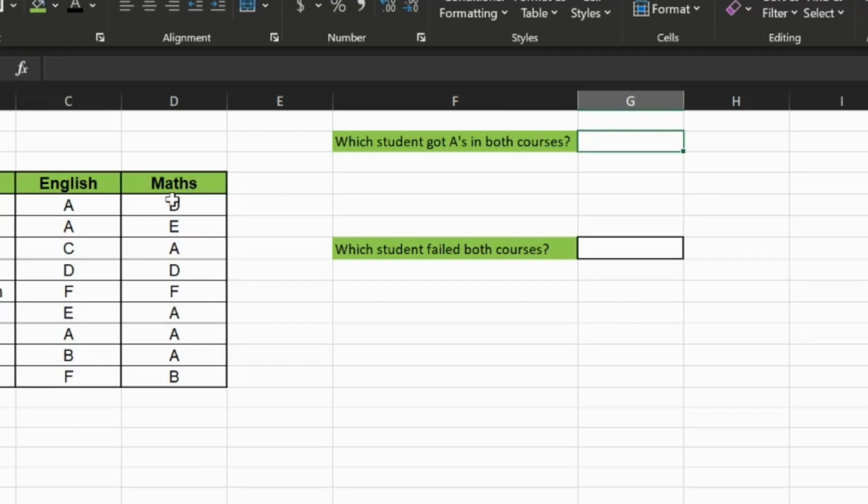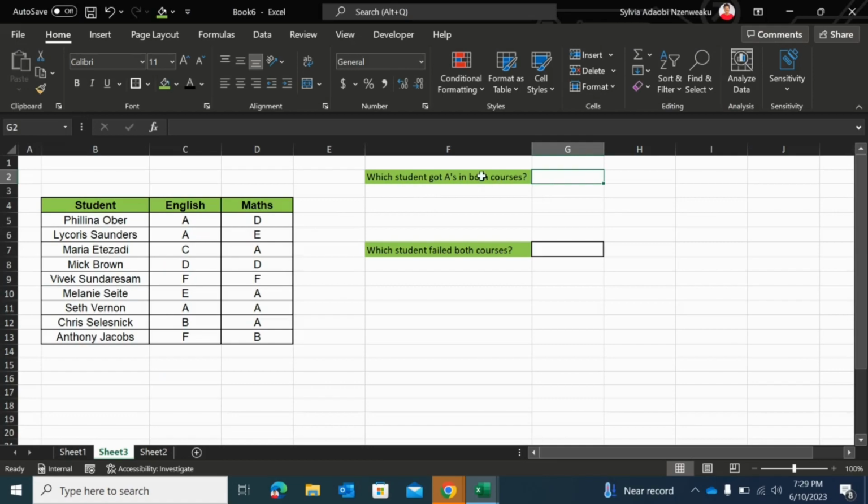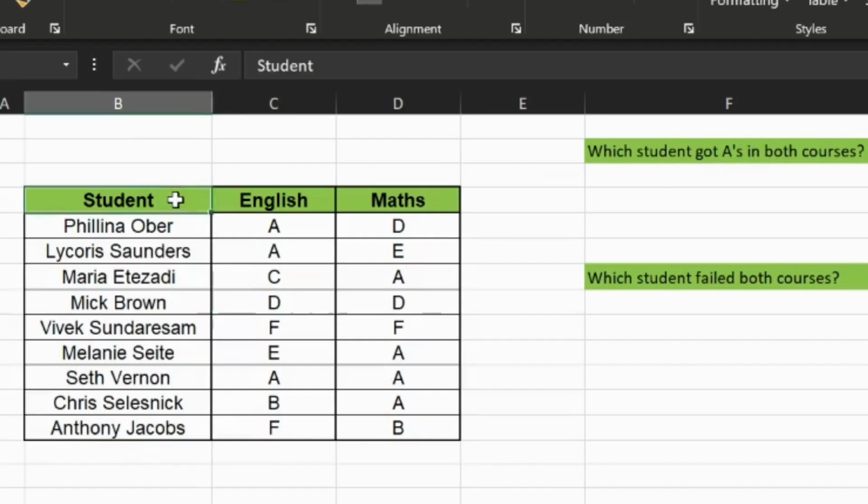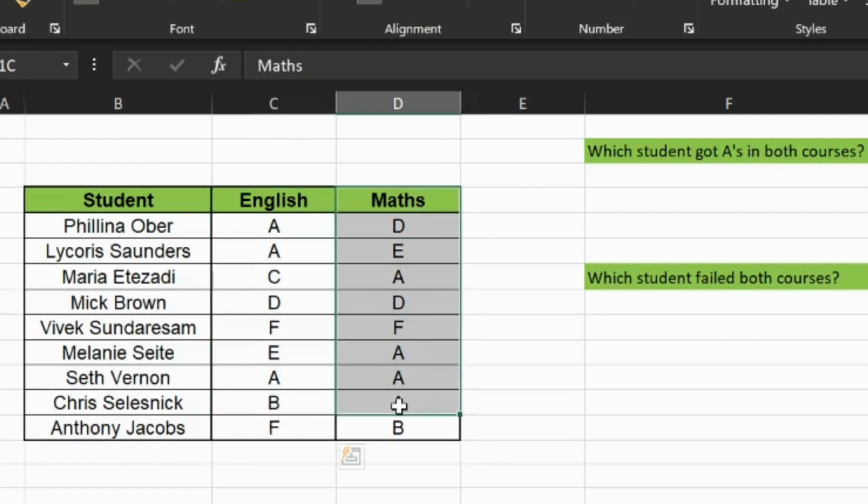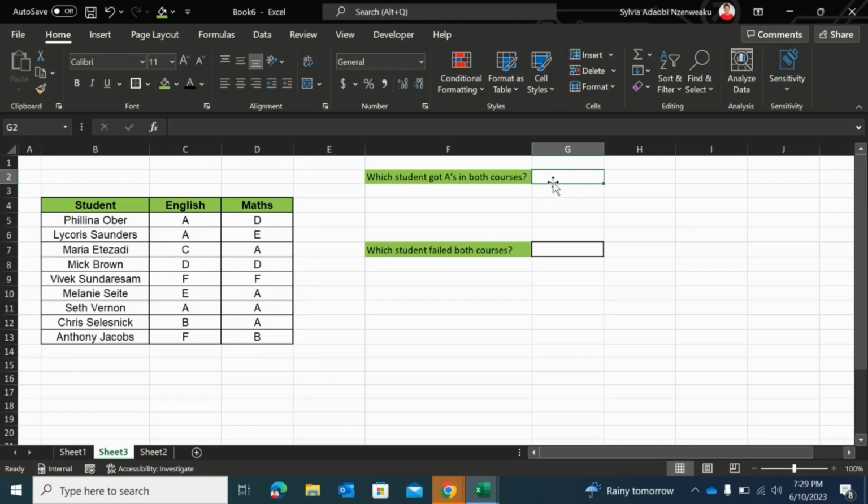This is a quick tutorial to show how to use multiple conditions in a filter function. So here we want to know which of these students got A's in English and Maths in this exam that they've taken. First of all, if we want to know the students that got A's in English, we can do